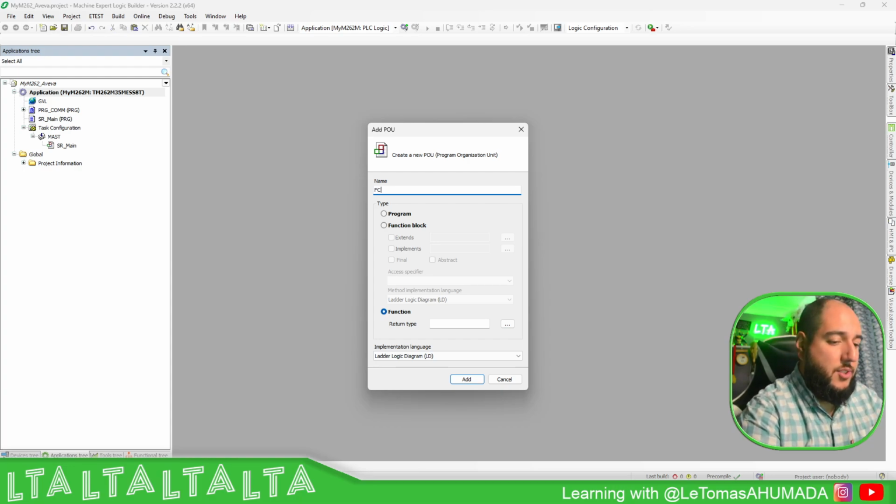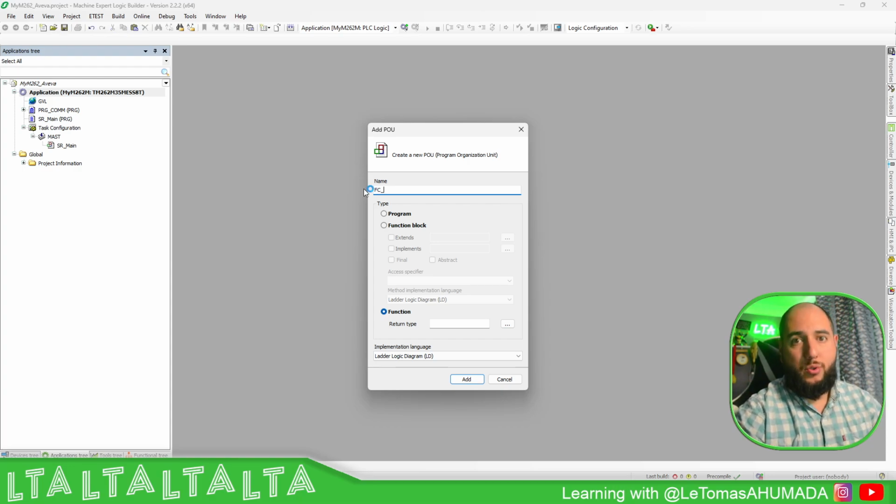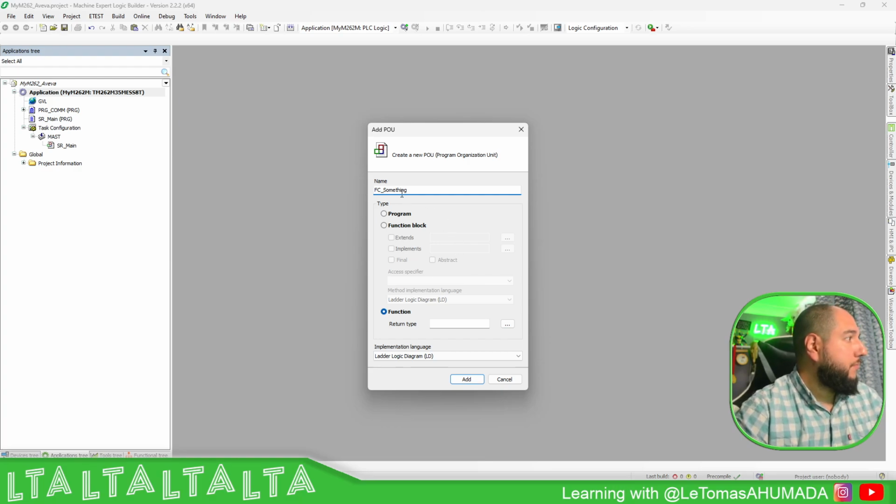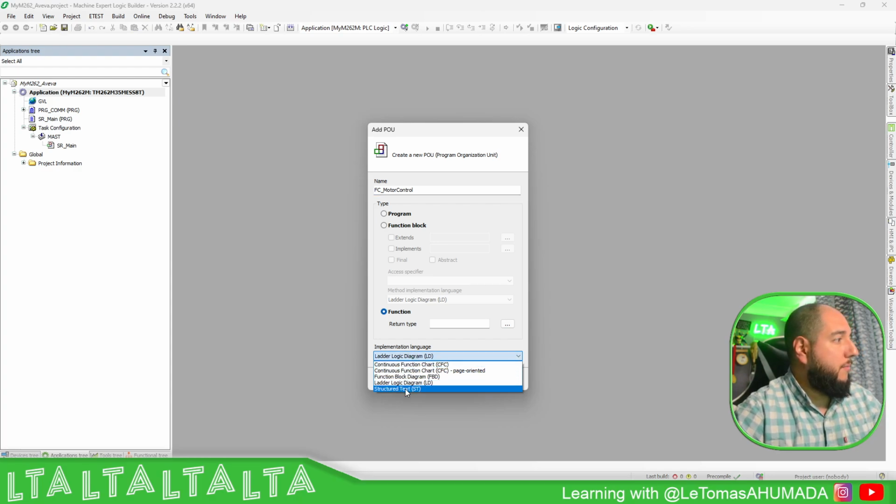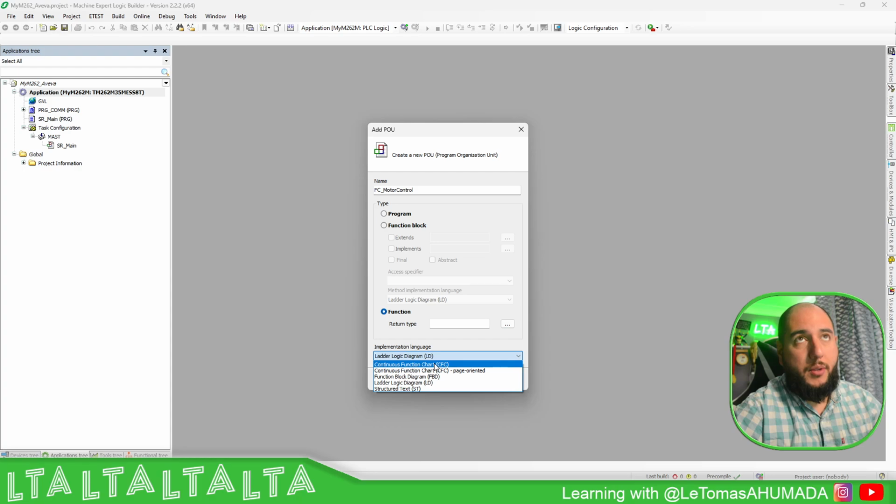I usually use fc underscore the thing that I want to. Okay. So in this case, I can probably add, for example, motor control. Okay, FC. Okay. Here we just need to define the logic or the language of the logic that we're